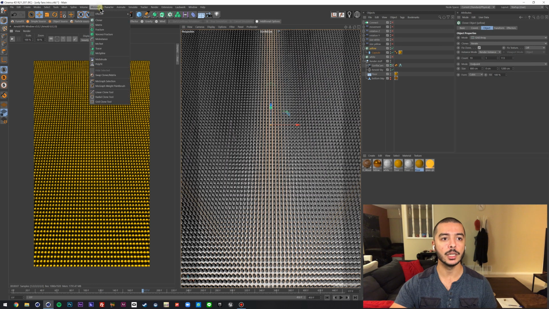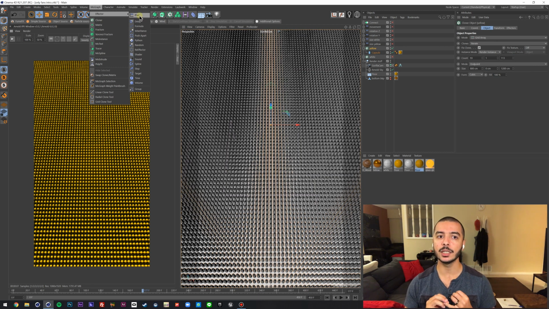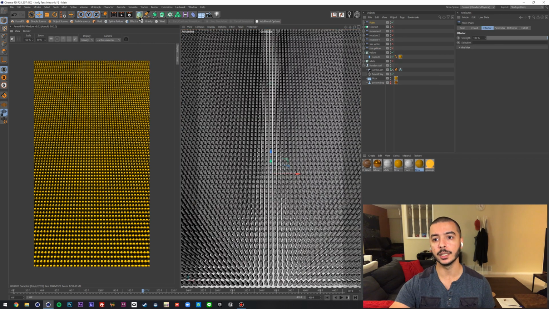You can find the effectors right under the MoGraph tool on top. And what I'm looking for is the plane effector. There are a lot of more powerful effectors down here, but I find that learning how to really master the plane effector, like it sounds plain and simple, but it actually becomes really powerful when you combine a few of them together. So for example, I can click on plane, and because I had the cloner yellow selected,